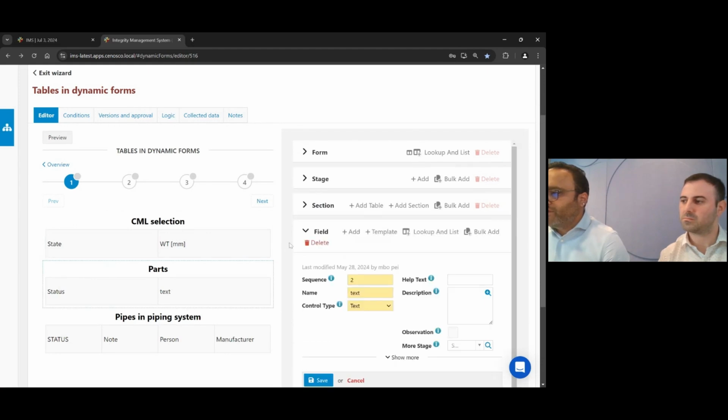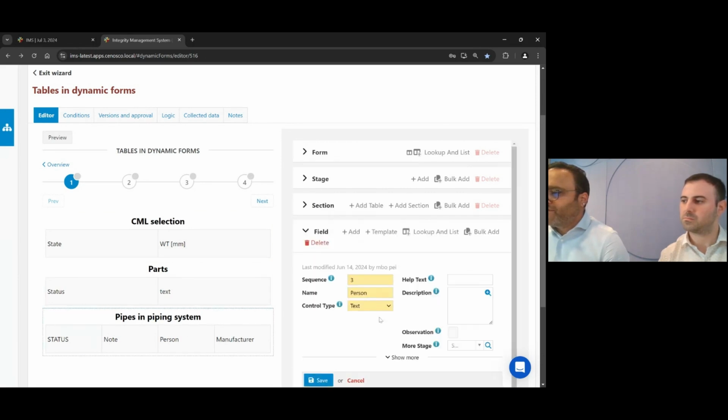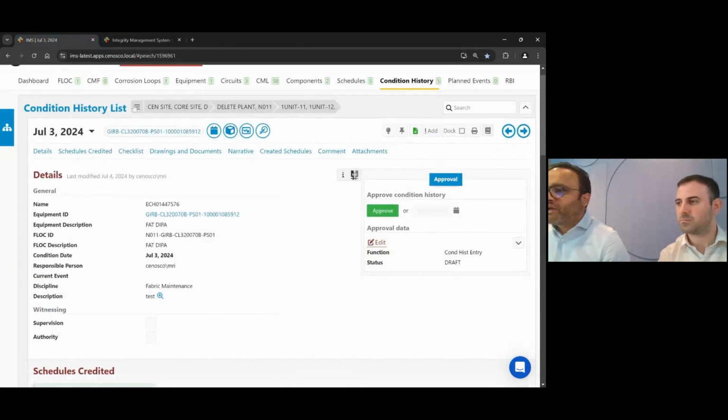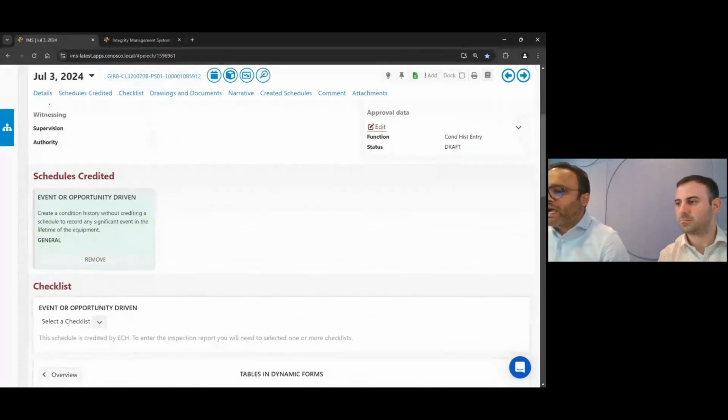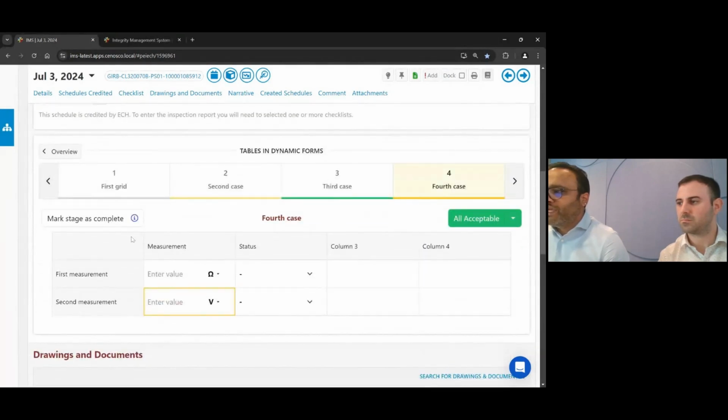The second one, I've done exactly the same thing, but I've said, please do it per group parts. And the third one, I've said, actually, do you know what? I want that to be piping. Now, if I go to IMS and I go to a particular function location and I assign that dynamic form to the